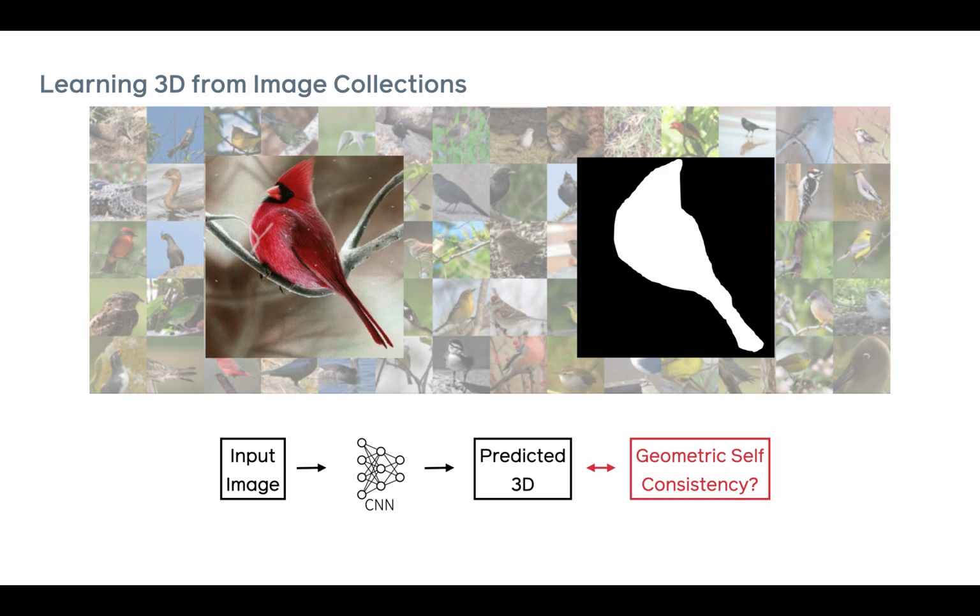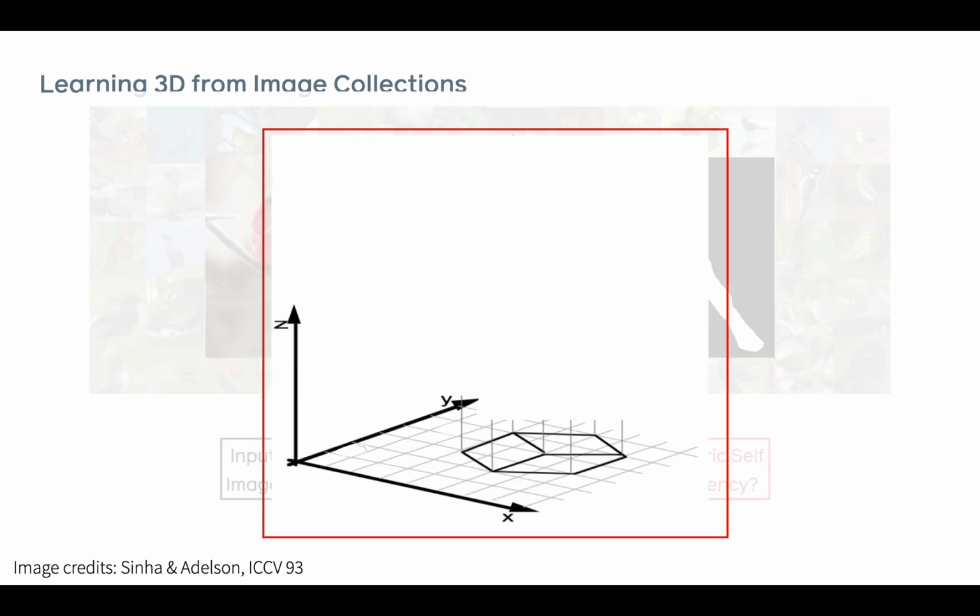One possible approach is to enforce geometric self-consistency. That is, we can say whatever 3D we predict should be consistent with the original input, should explain the original input image. And while that's a useful signal, it's unfortunately insufficient by itself. To best illustrate this, perhaps this example from Edelson and Sinha can be used, where we're seeing the projection of some 3D structure onto the XY plane, but this 3D structure can be something like a cuboid,